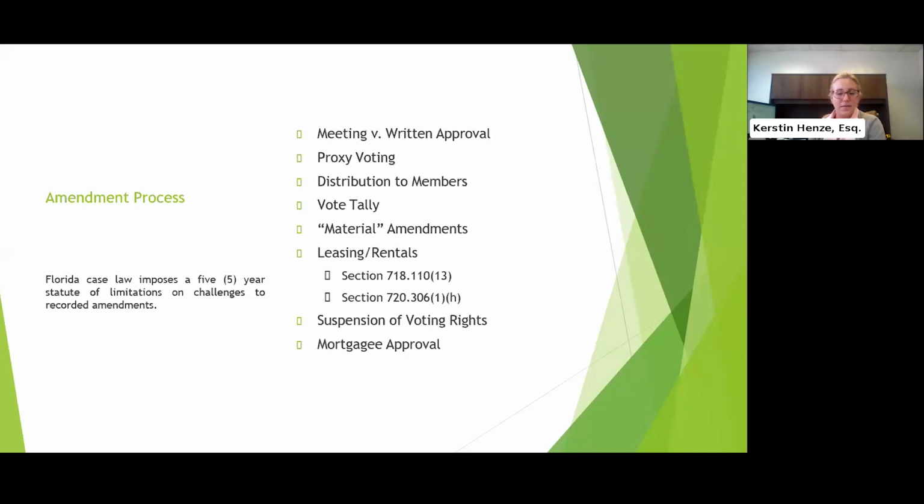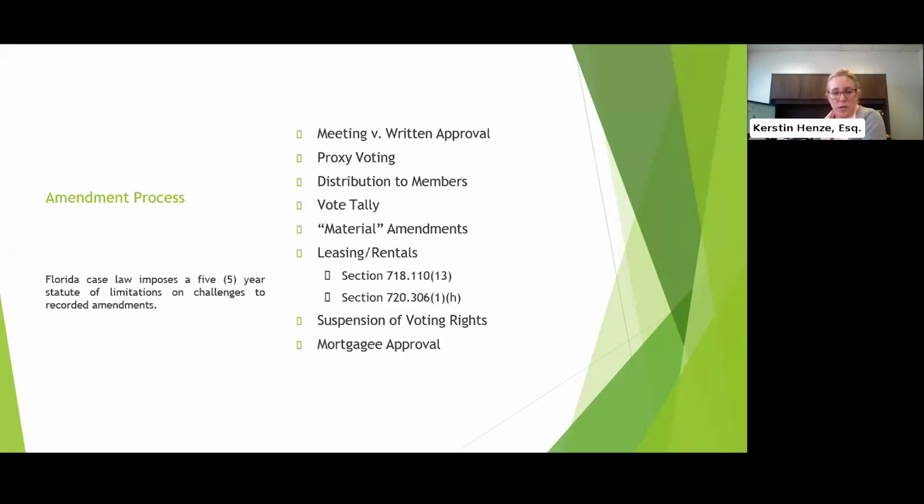Now 720, for homeowners associations, there was a change in the statute that took effect in 2021, which essentially mimicked the language of the condominium statute. So whereas before, homeowner associations could amend their declaration to prohibit leasing or limit the term or the number of times you can lease, now you are basically kind of stuck with this language from the condominium statute. Those amendments would only apply to owners that vote in favor of it and those that take title after the effective date of the amendment.